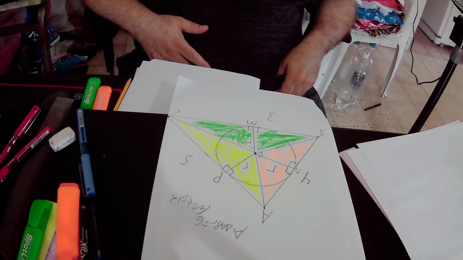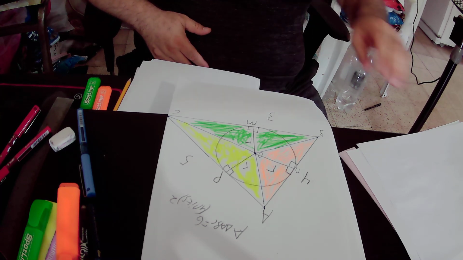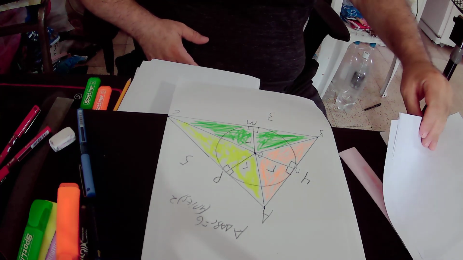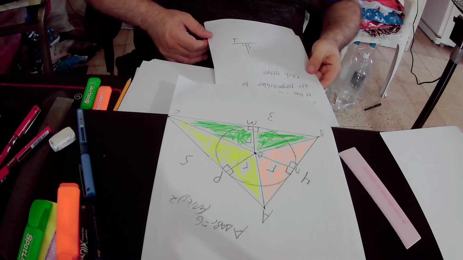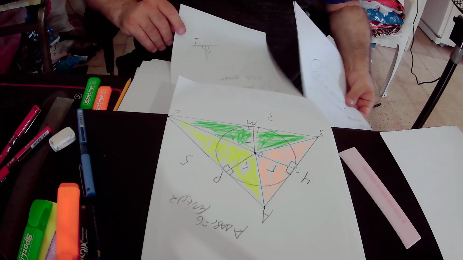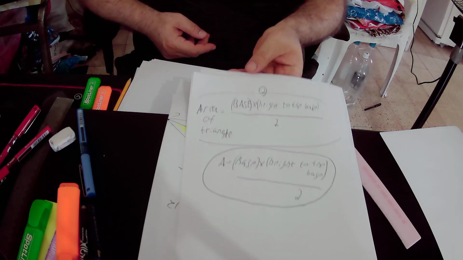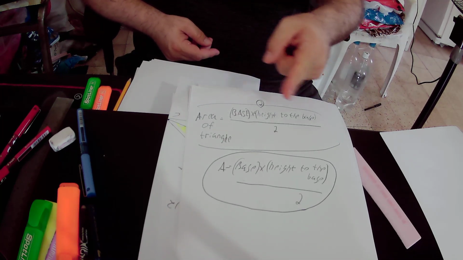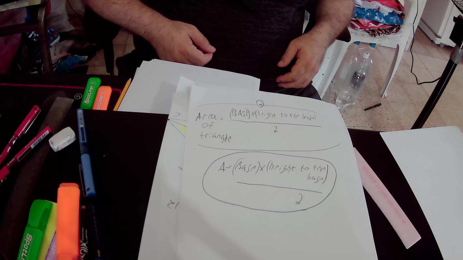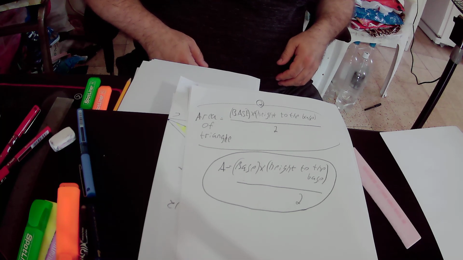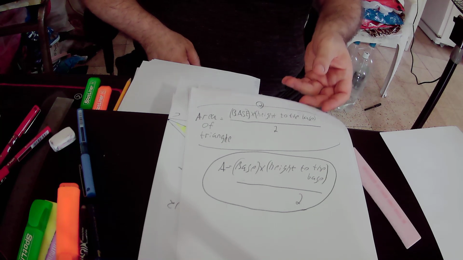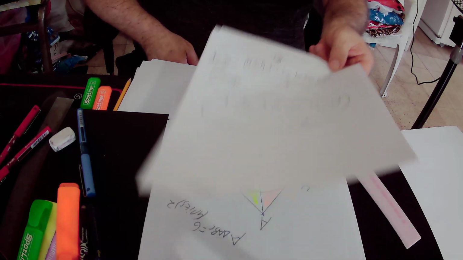so we have also the formula for the area of any triangle. The formula for the area of a triangle equals the base of the triangle times the height to the base, all divided by 2. This is the area of any triangle. Okay,